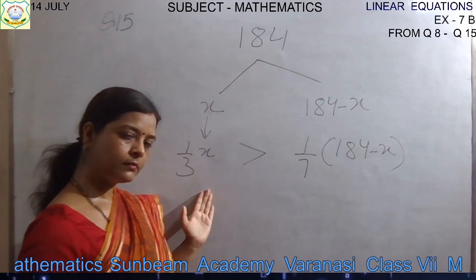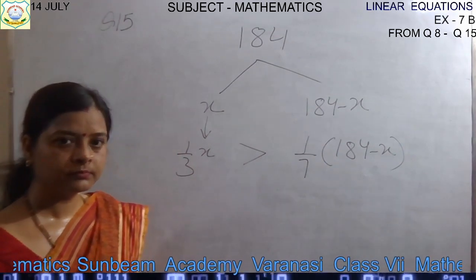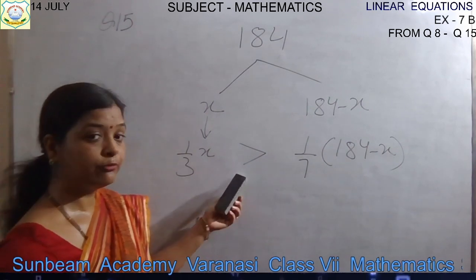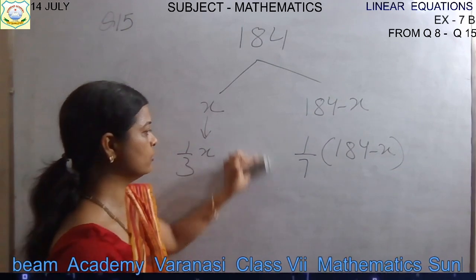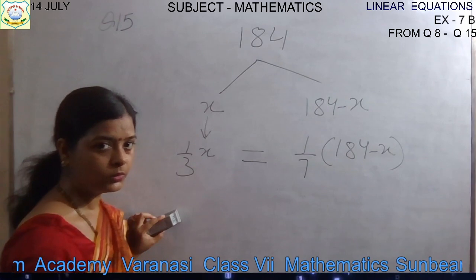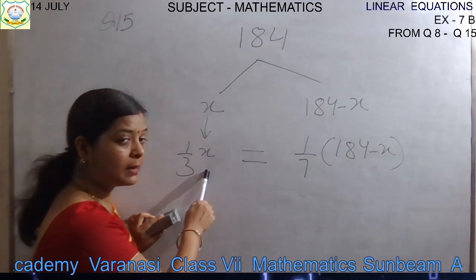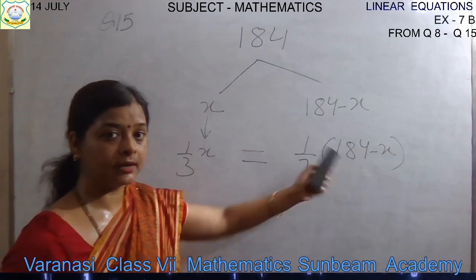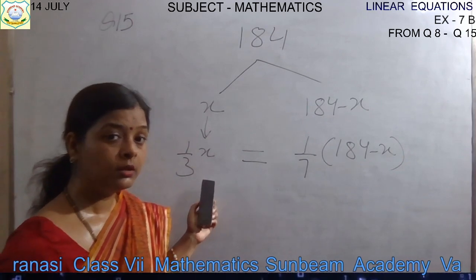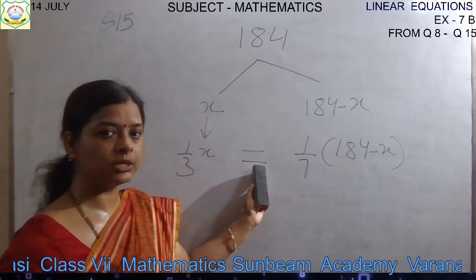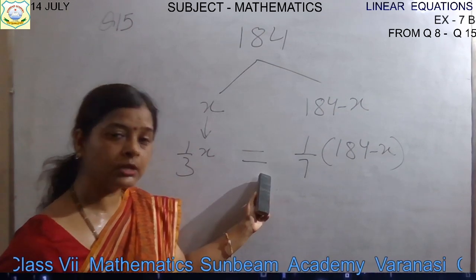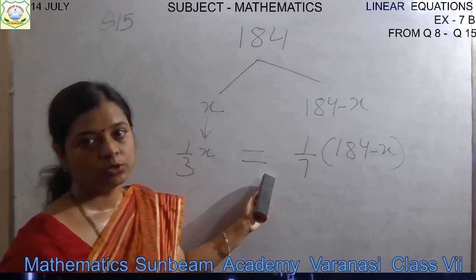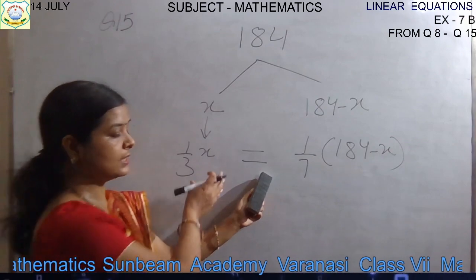So it is greater. So can we solve it? No. There is no equality sign. We can't solve it by using a linear equation. So we have to use an equality sign. But if you use an equality sign, are they the same? No. What did the question say? That this part, 1/3 of the first part, is exceeding the second part, 1/7 of the second part, by 8. This is greater by 8, child. So how can you write this equality sign? To write down this equality sign so that we can find our answer, we need it. Right now it is greater than 8.